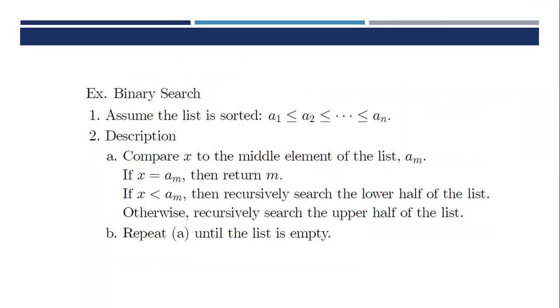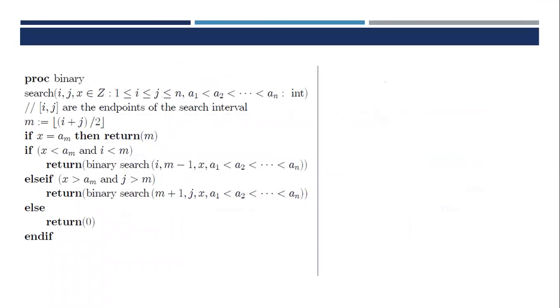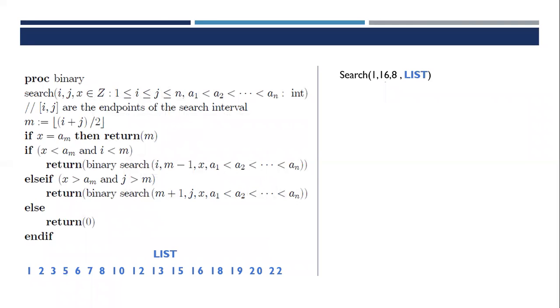Binary search was also a recursive solution. We're going to cut the list in half, and then we're going to do the same thing. We're going to look at that halved list and cut it down again. So looking at how this is going to work, let's say we want to search a list. We're going to search the following list there on the bottom of your screen, and we're looking for the number 8. I've decided to make it smaller so it fits on the screen, just by referencing list in my function call. So the first time we call this binary search,